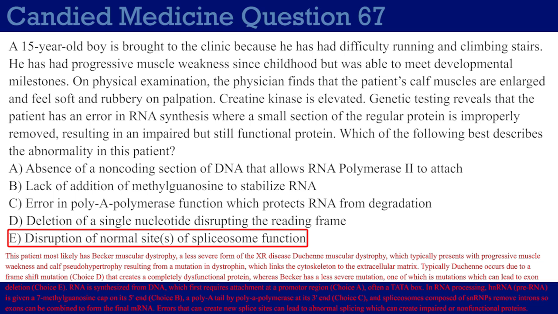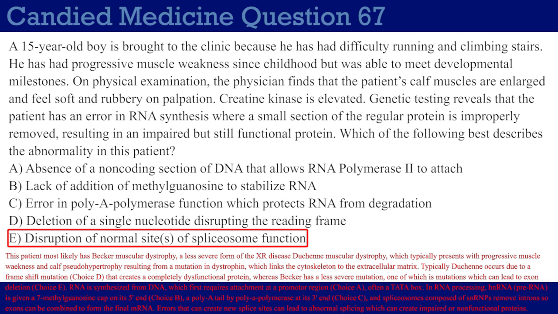So if there is a disruption here, it would be more about me saying something like the RNA breaks down easily. And similarly, choice C is what happens at the tail end of the RNA, right? The 3' end has poly-A polymerase forming a poly-A tail. And both this 5' cap and this 3' poly-A tail are used to help stabilize the RNA. And of course, as mentioned, during RNA processing, we also cut out the introns using a spliceosome, which is composed of snRNPs, or SNRPs. And then you join the exons together to form the final RNA that can be transported